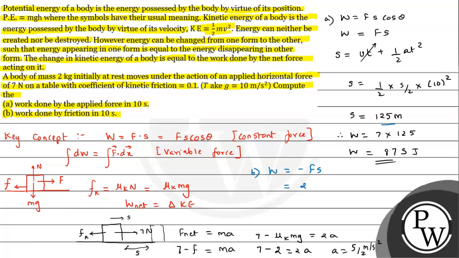force हमारे पास आएगी, force of friction is 2, यहाँ से हम देख सकते हैं म्यू के mg 2 वैल्यू मिली थी हमें, right? so 2 into 125 and that will be equals to with a negative sign, so ये हो जाएगा minus of 250 joules। so this is the answer to the second part of the question। I hope you understood the solution। all the best।